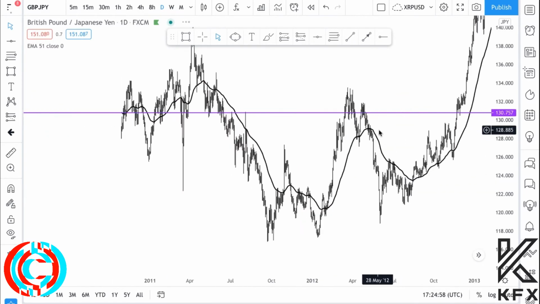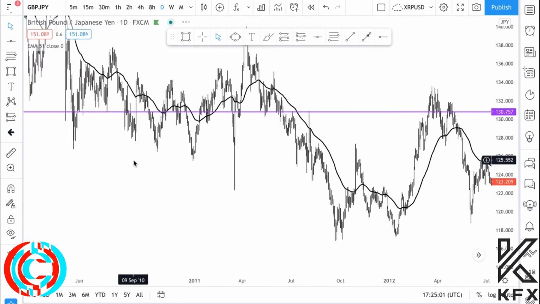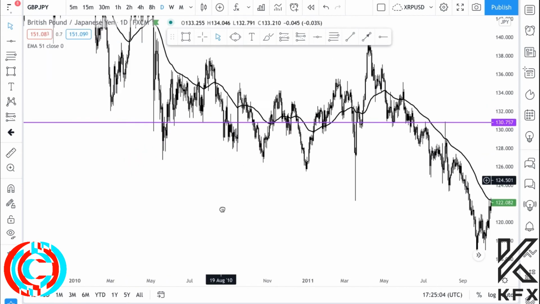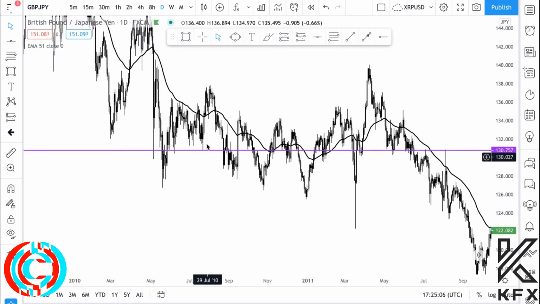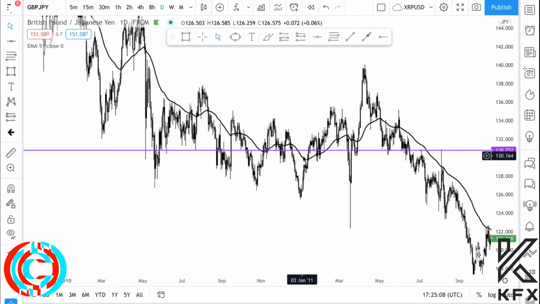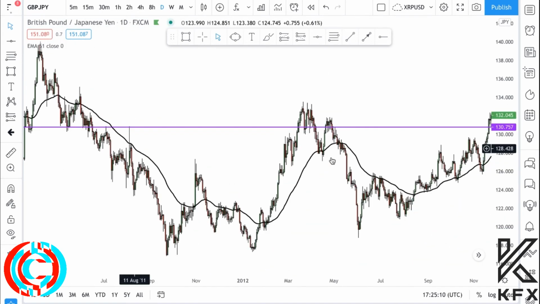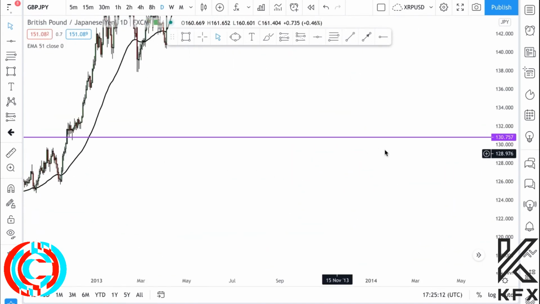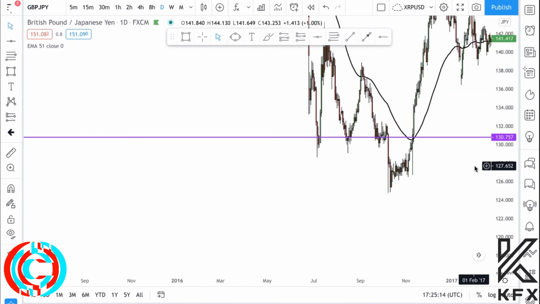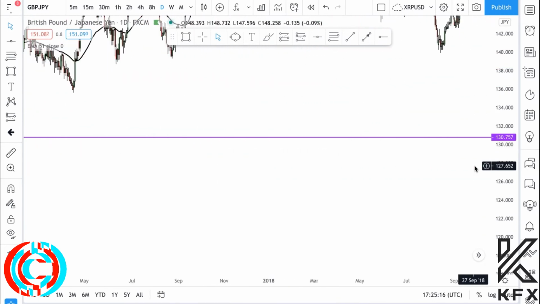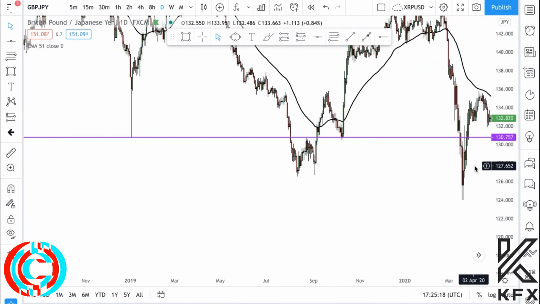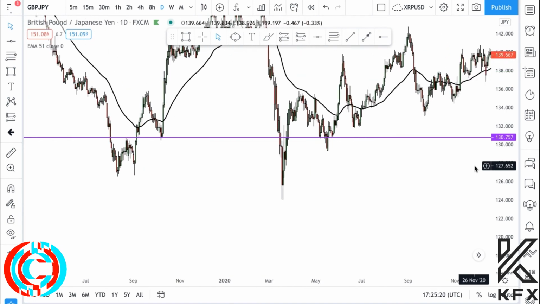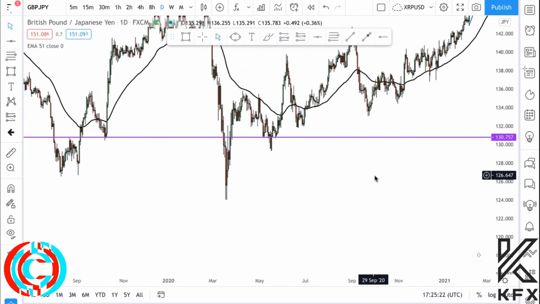So this just shows you guys, structure is, you can literally go back to 2004 if you want to, whatever, 2000. But you can see, look, wick there, wick into this area, and it taps it, and then it has a reversal. So this is what I'm saying, guys. Structure is a hugely important thing, and you can keep going back in time and checking to see if it's a turning point in the market, and if that aligns as one of our confluences, that gives us another reason to take a trade, and we can basically predict that there's going to be some kind of reaction off that